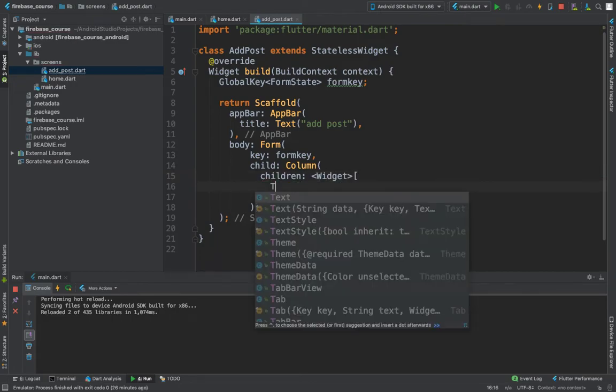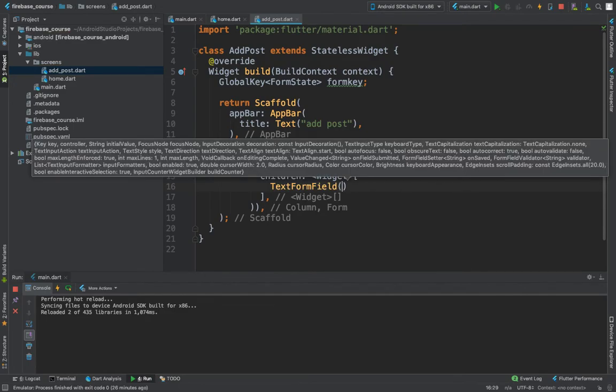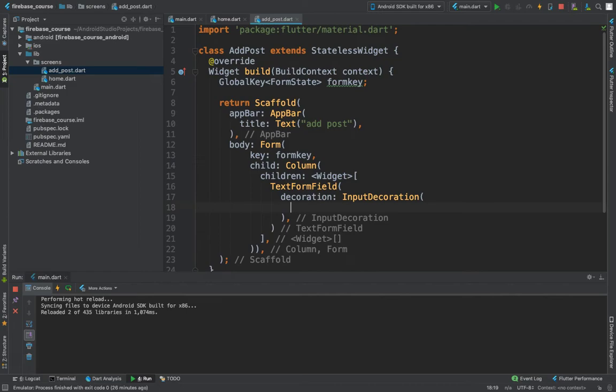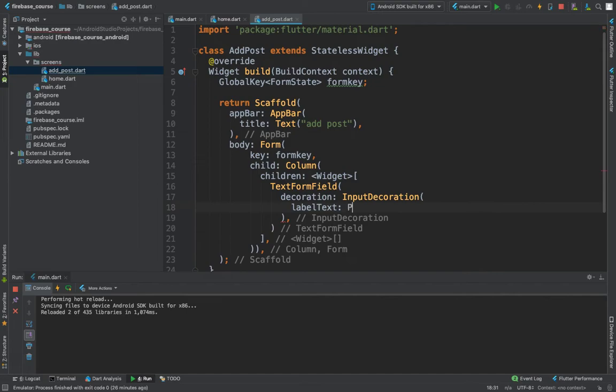Then here we're going to have a text form field. So most of the times when you're using an input field, you just go with the text field, but here we are going with the text form field. So here there are some things you have to insert. Let us do decoration, input decoration, label text is going to be post title,